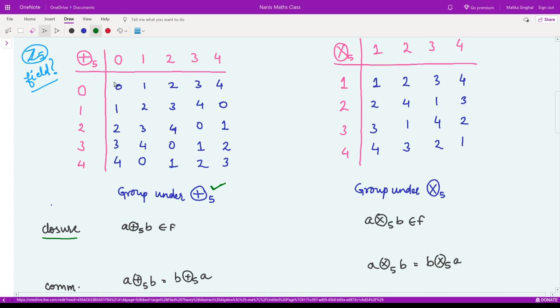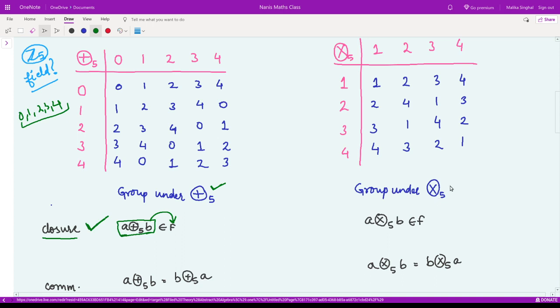A quick look at this table suggests that every number here is of the form 0, 1, 2, 3 or 4. Therefore, whenever we take any two elements from the set F and apply addition mod 5, the answer again belongs to the set F. That is, it is among these numbers only. So the closure property here is satisfied.